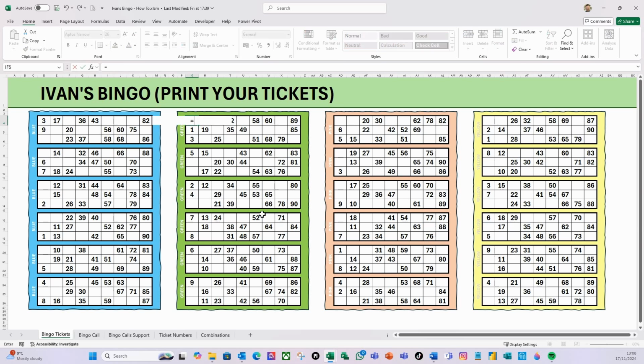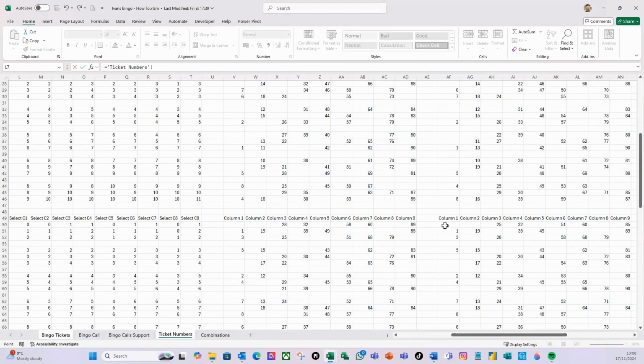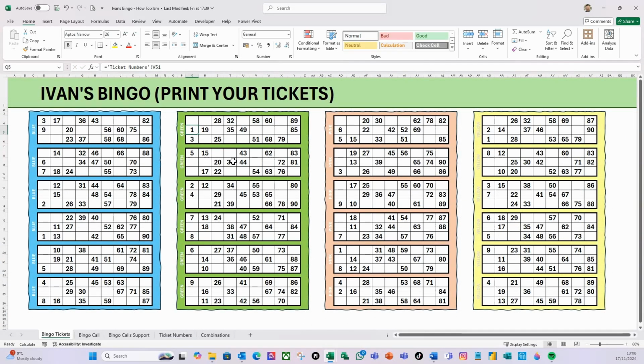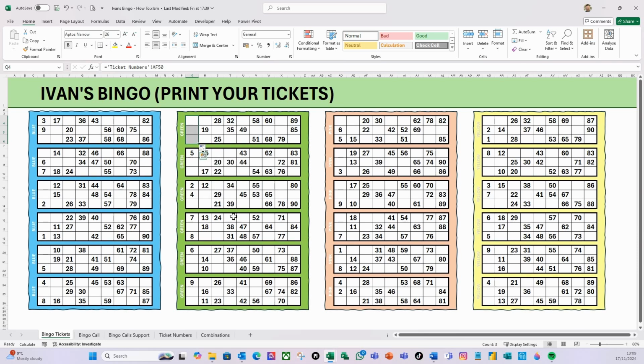So I'm going to do equals, go to my ticket numbers, scroll down. There's sorted version AF50. Return, copy that down by dragging it down and do the drop down, fill without formatting, and do Control C to copy those three